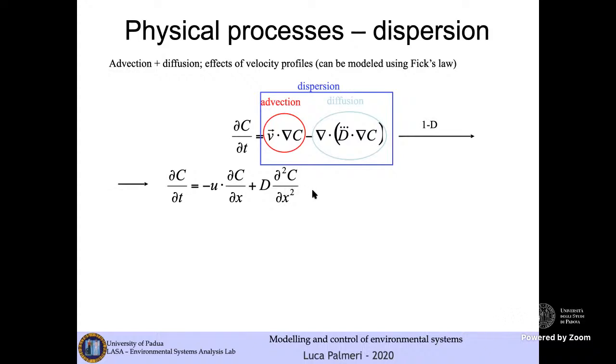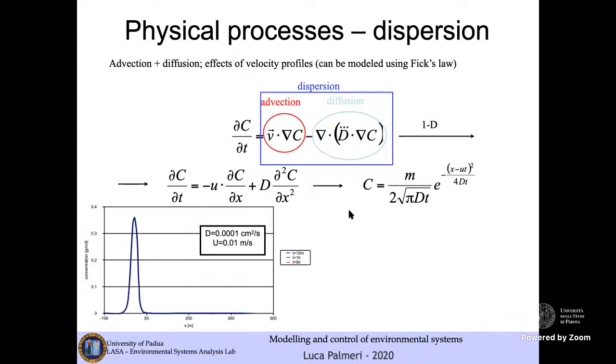So you see this is a second order partial differential equation. The solution is this one, and we draw it, for example, for a diffusion coefficient of 10 to the minus 3 square centimeters per second, and for a flow stream speed of